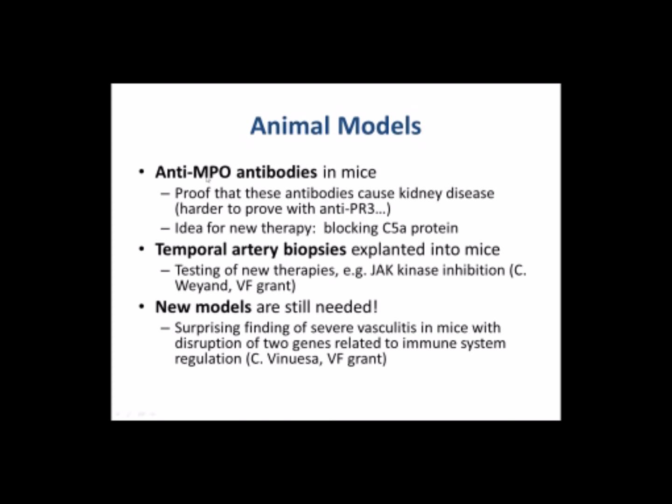Study of this model, though, interestingly, has implicated a cascade of inflammatory proteins called complement, and a particular one is called C5, and it breaks off a little piece of it called C5a. And researchers at University of North Carolina found that in this very nice model that they developed, if they block C5a, they actually block the kidney disease, which was somewhat surprising because that's something that usually only happens when antibodies and their target antigens like MPO are deposited somewhere rather than just sticking to a white blood cell, which is thought to be the main way that these antibodies work.